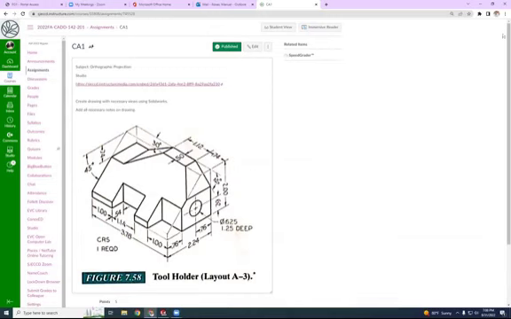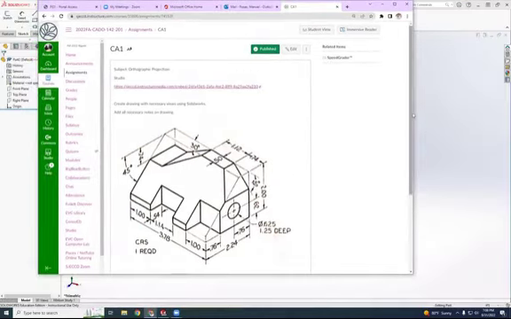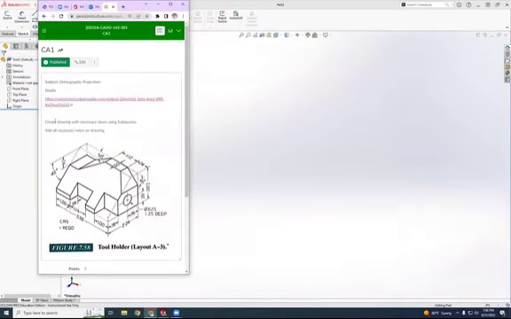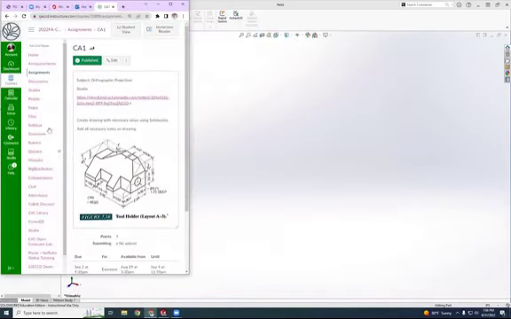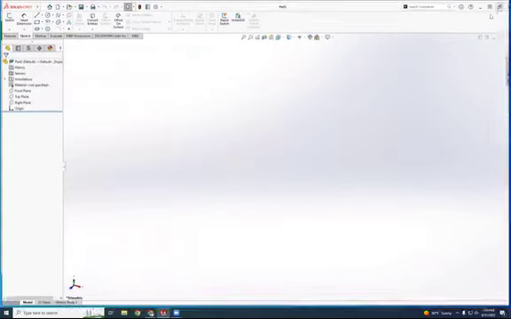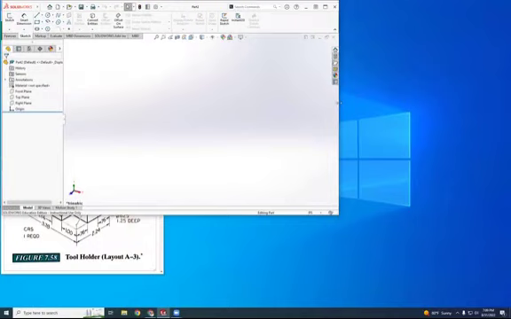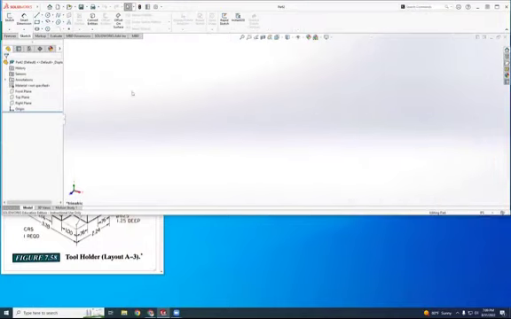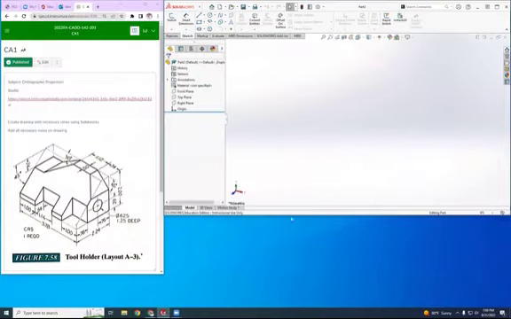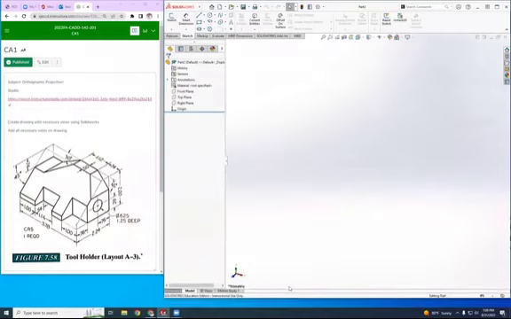So this is the view. This is the part that we're going to duplicate in the SolidWorks software. So I'm going to minimize this window and minimize this window in a way where I can have more space to work with. So just like that, right? All right, so